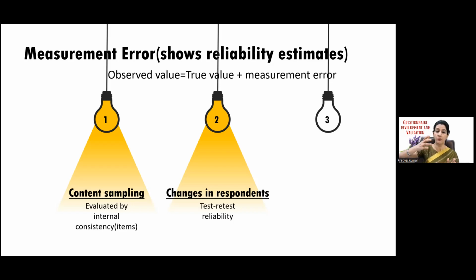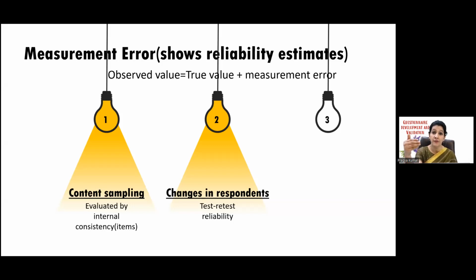You administer the question. I'm not saying that it is done. I'll tell you how it is done. It is not done the way that you administer the question now, and then after a month you administer the same question to the same set of people, and then you measure the correlation coefficient. So you will see that in all these statistical analyses, we are relying on the Pearson's correlation coefficient. And I hope all of you know that this Pearson correlation coefficient is the strength of association between the two continuous variables. That's why, remember I said yesterday that ideally it should be continuous whenever we are measuring reliability,